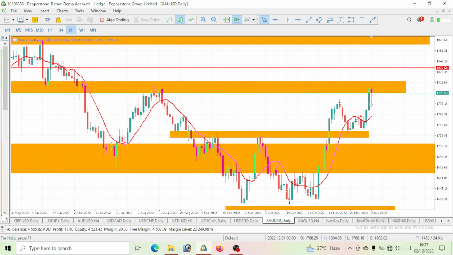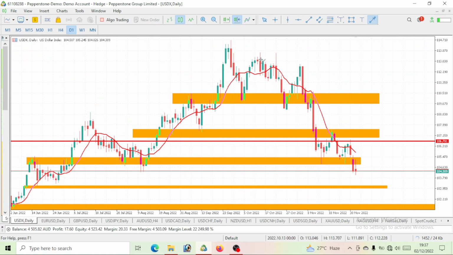And one of the reasons why we are speculating a bullish move on gold is our DXY or USD index. I've done analysis on it. I told you guys that once there's a bearish move on DXY, then we tend to see a bullish move on our gold. But once there's a bullish move on DXY, we tend to see a bearish move on our gold. So take a look at our DXY or USD index as you will call it. So what do you see here? What is the trend for this? This is clearly a bearish move. DXY is giving us a bearish move. USD index is giving us a bearish move.